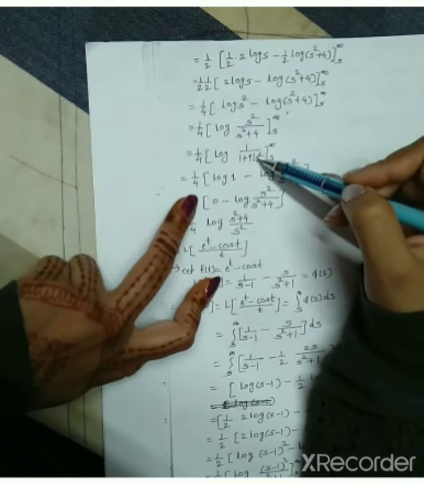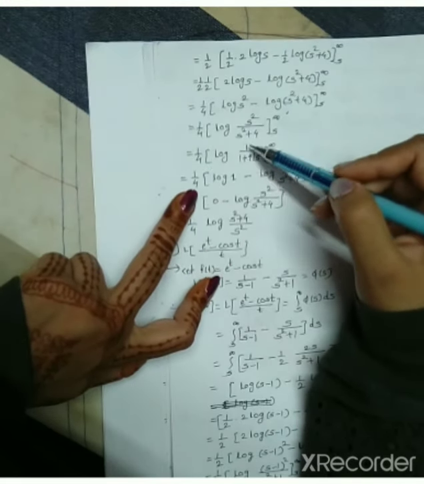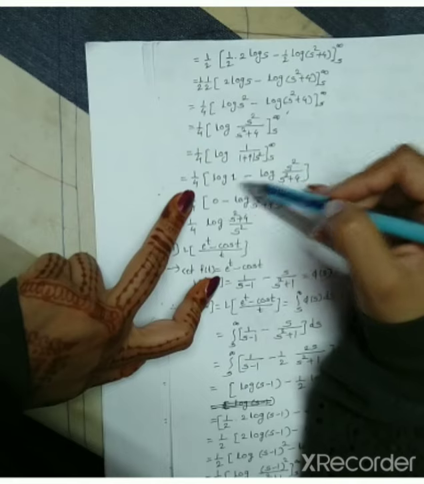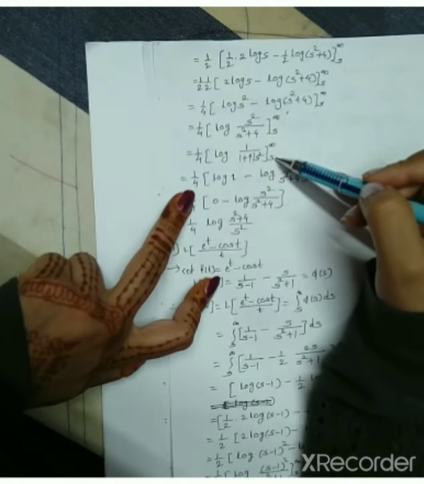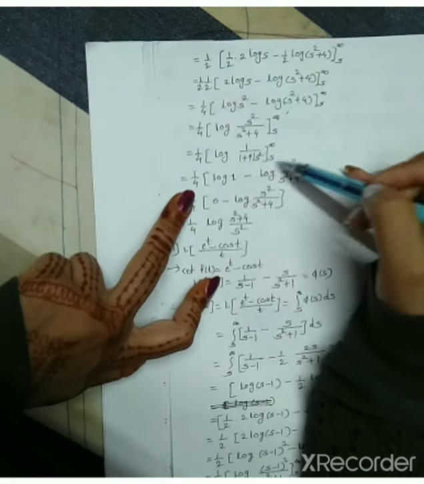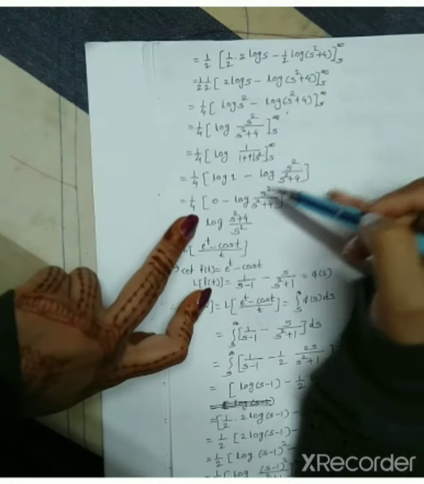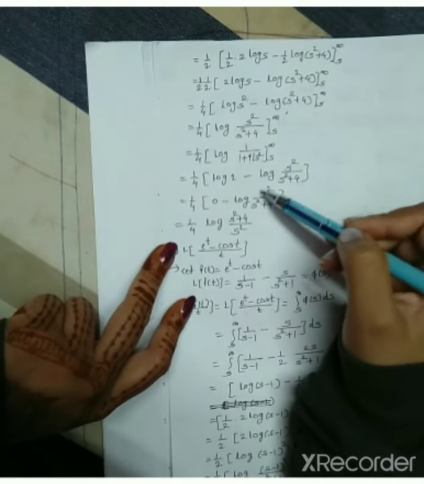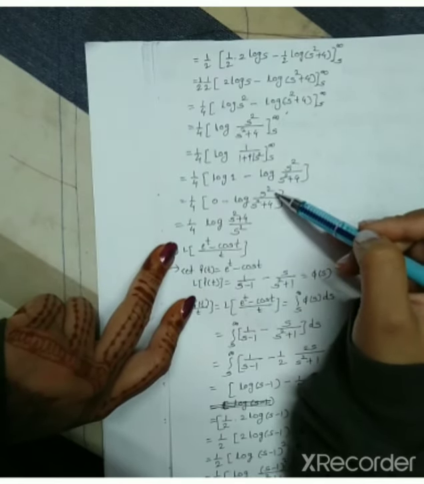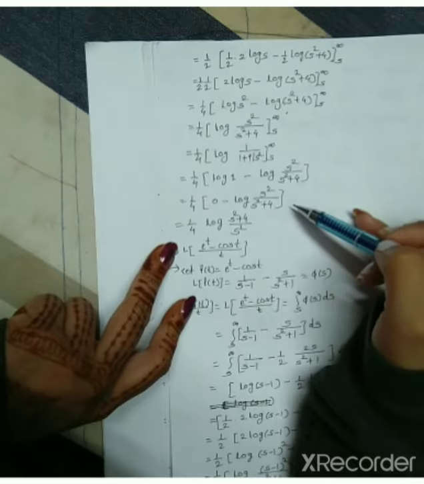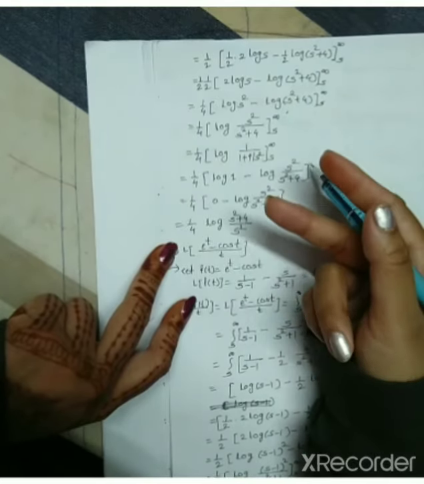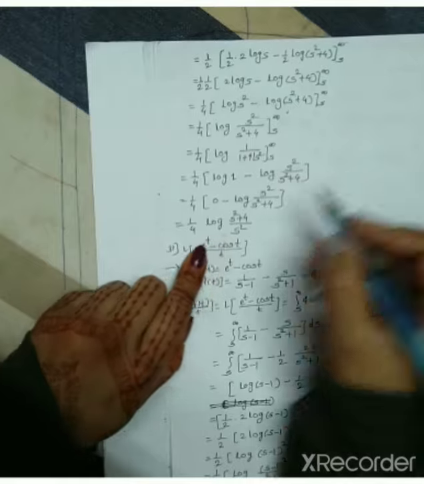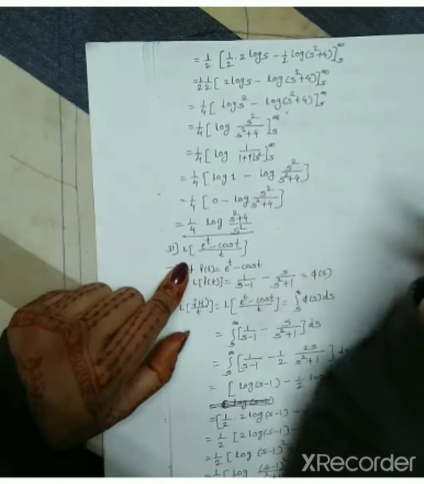Now put the infinity value, we get only 0. Log 1 at the upper limit, minus, we have to put the lower limit, only s instead of s. That's why it becomes the original expression. That's why it is 0. Log 1 is 0, minus this. You can skip this step of inverse, and directly flip the numerator and denominator here. This is our final answer.